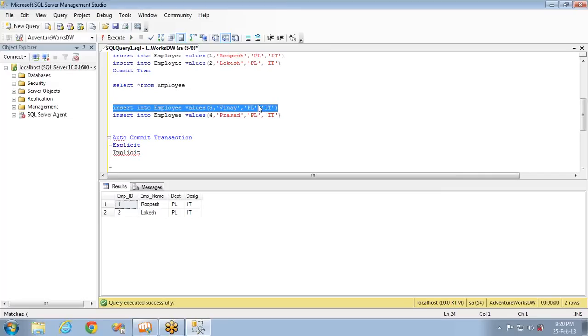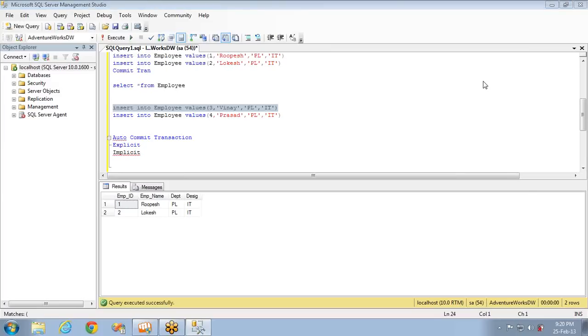So every SQL statement either commits or rolls back. Auto commit means every statement is automatically committed if it is successful.